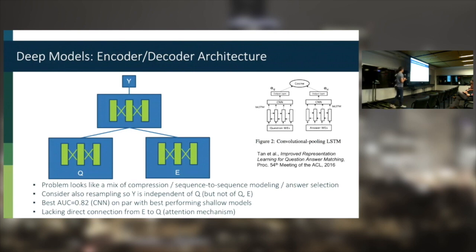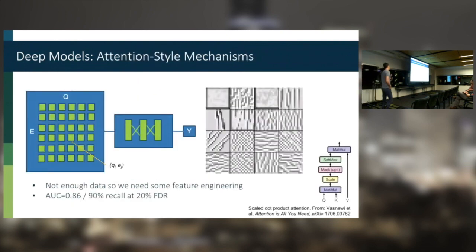So maybe you want to do a little bit of feature engineering. And what you're lacking here is something that will connect the question to the evidence more directly. In this case, you usually like to use something like an attention mechanism. An attention mechanism basically takes some information from some place, some other place, dots them, sometimes adds some additional linear operations, but basically it gives parts of your network information from some other parts of the network. In this case, evidence from question.